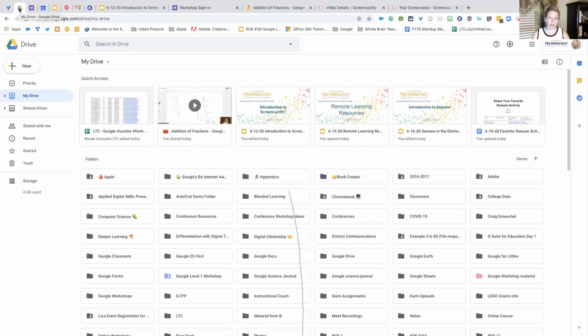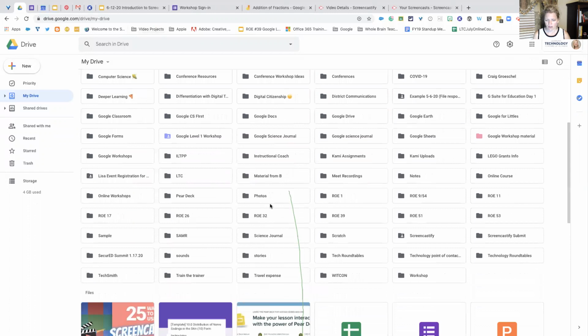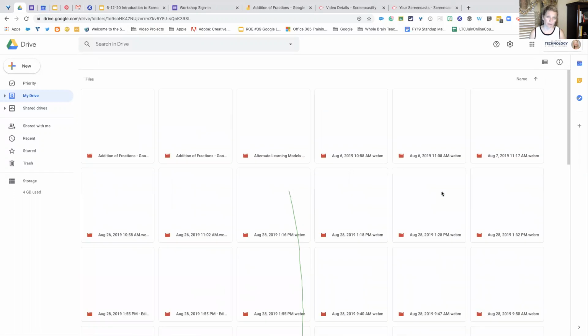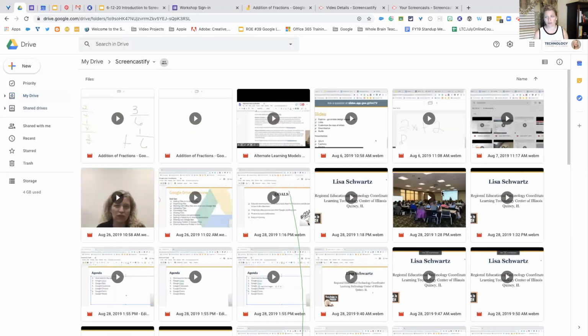This is just my quick and easy way to go to it. Do you have to? No, you don't. Some people bookmark their drive up here to access it that way as well. But if I go into my Google Drive and I come down here to my Screencastify folder, I did not create that folder. As soon as I added the extension Screencastify,